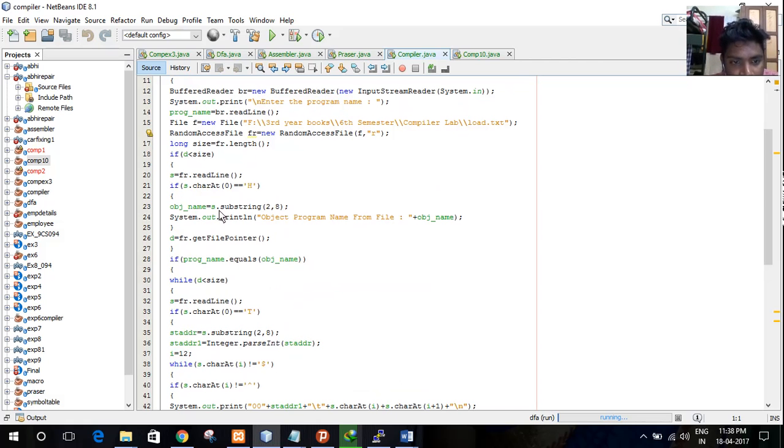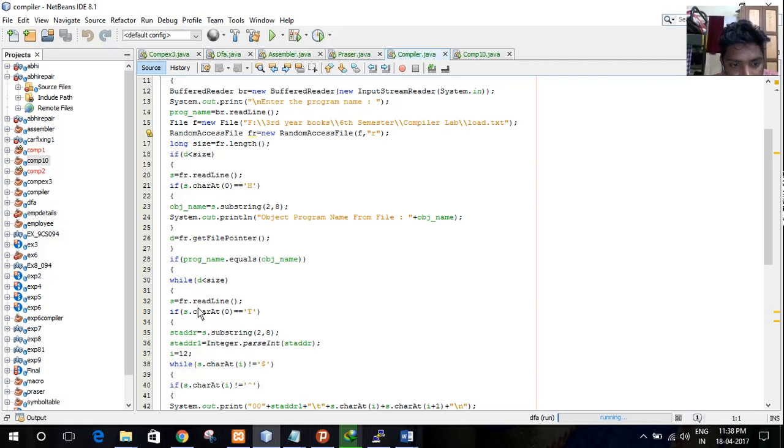And if object is also substring 2 to 8, then System.out.print the object program name from the file, the object name. Then get a file pointer; if program name is equals to object name, while d is smaller than